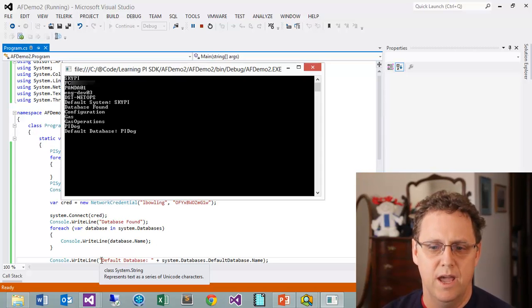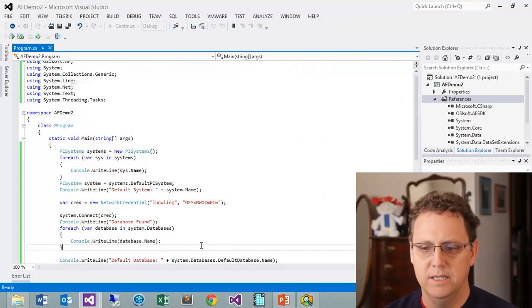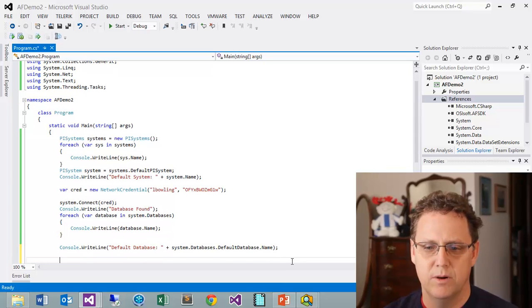Okay, so there we go. We have a system, a list of our PI systems, the default system, list of our databases, and the default database. So that's great. And then finally, the last thing we want to do is we want to probably set up an object here to be able to work on that. And that's going to be a